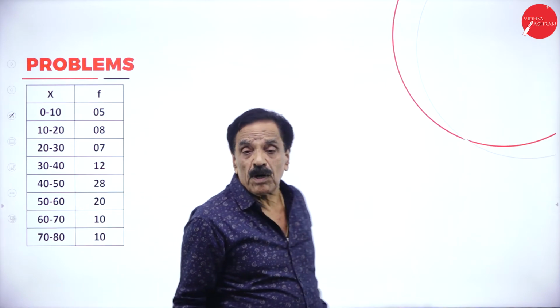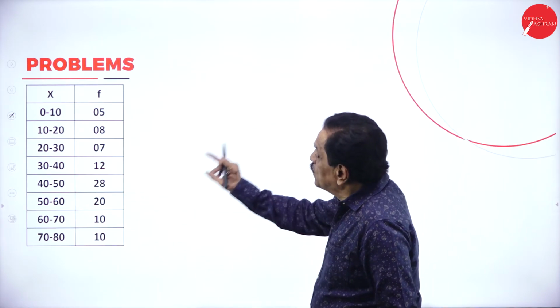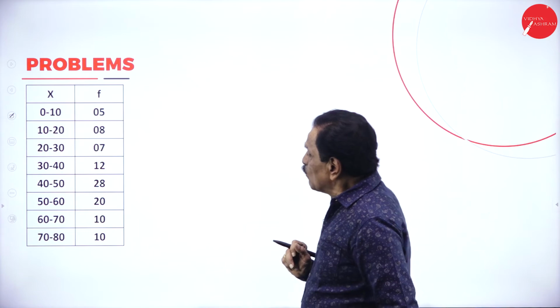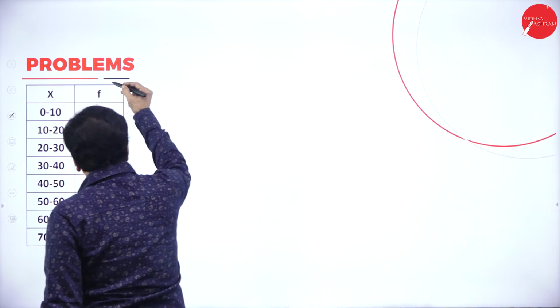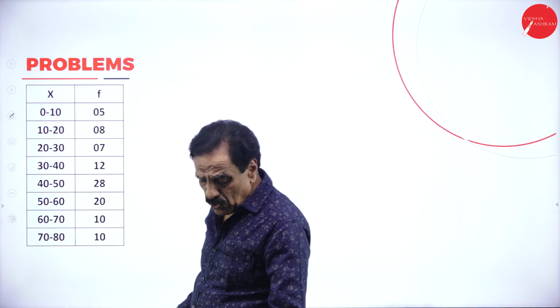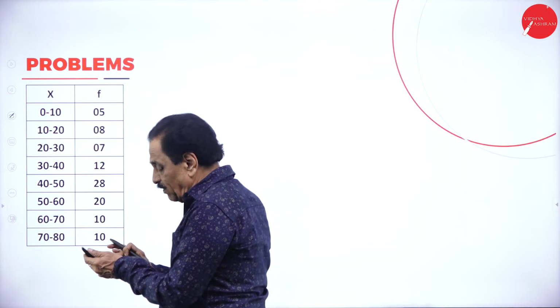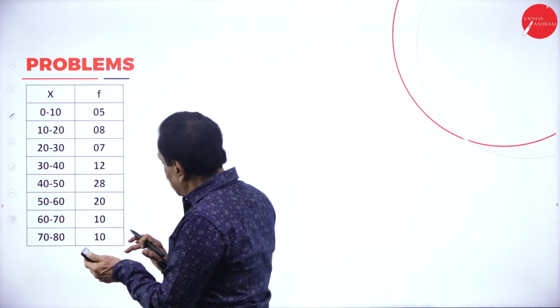So this is your problem. So 0 to 10, 10 to 5. What is the first step to do? Add the frequency. One by one, you add the frequency. What is the first number? It is 5 plus 8